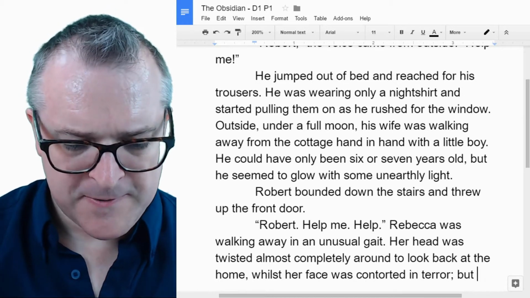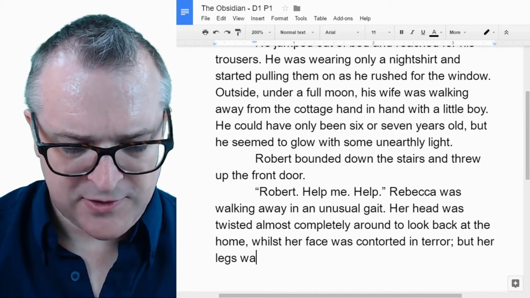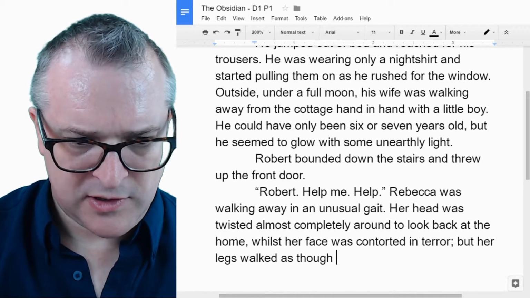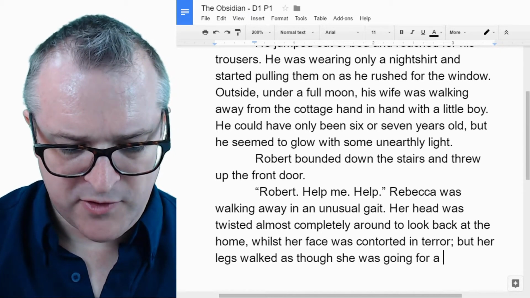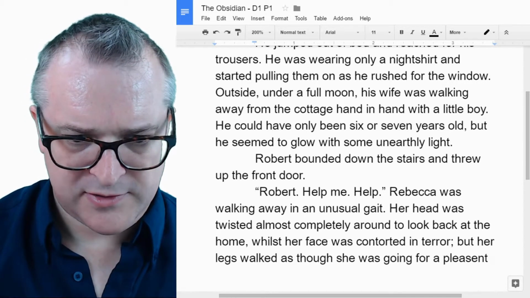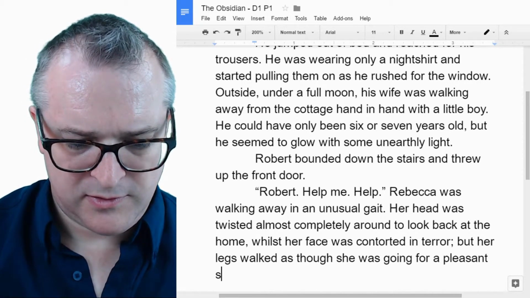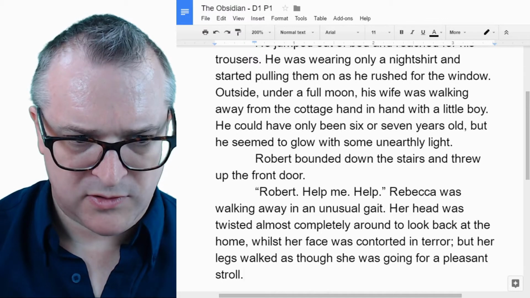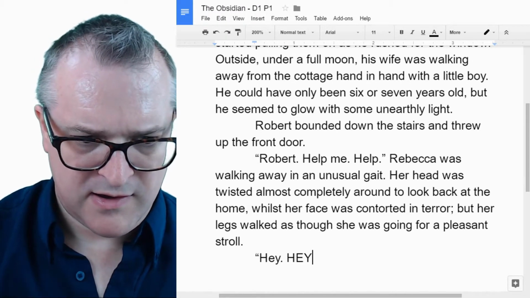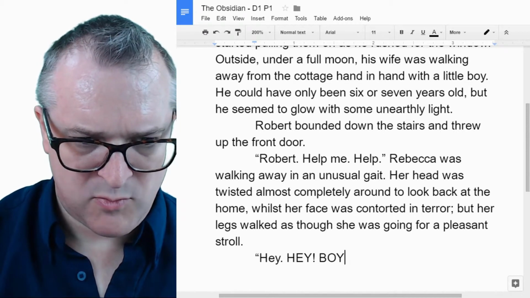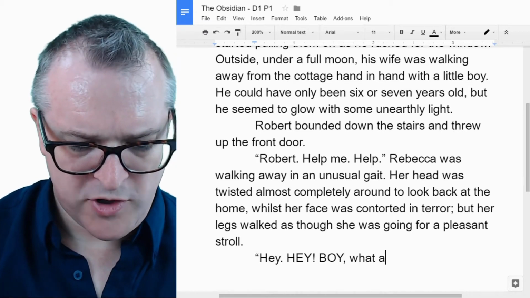contorted in terror. But her legs walked as though she was going for a pleasant stroll. I'll have them shout, "Hey, hey, boy, what are you doing?"